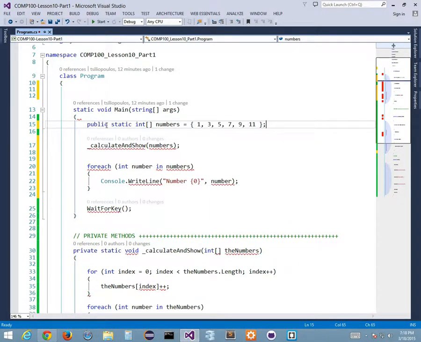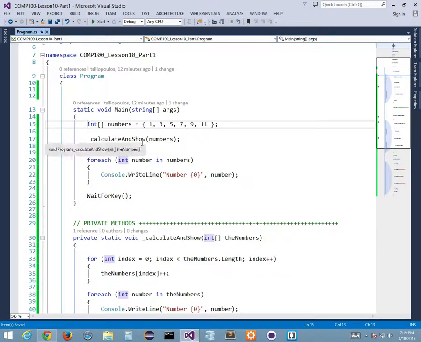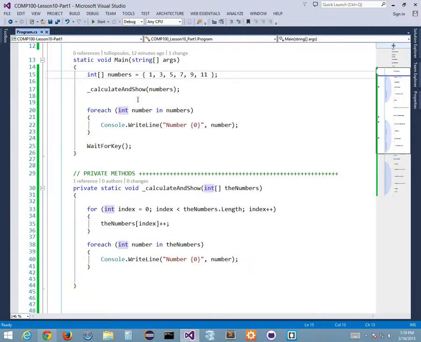And it doesn't have to be public static. It just has to be int, like this. Okay, cool. So I have something called numbers. I want to run this thing and see what I get. So I go, bam, 2, 4, 6, 8, 10, 12. 2, 4, 6, 8, 10, 12. Why? Because when I go in with 1, 3, 5, 7, 9,